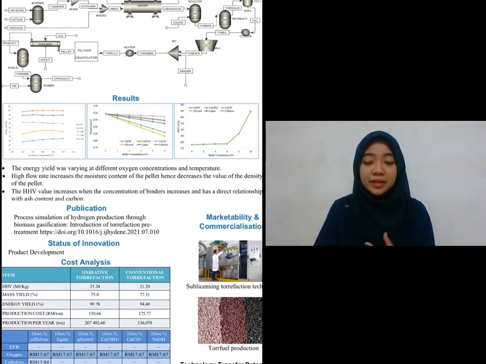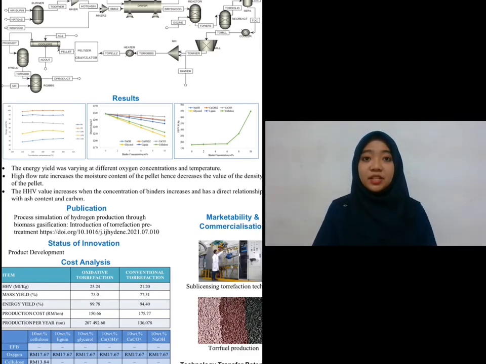Pellet with calcium carbonate has the lowest volume flow rate at 10%, but the highest value of density among all of the binder at 2%. It can be deduced that as the volume flow rate increases, the density of the pellet decreases. This is because a high flow rate increases the moisture content of the pellet, hence decreases the value of the density of the pellet mixed with glycerol binder and increases the density of the pellet with calcium carbonate binder. This is owing to the fact that the binder is very soluble in water, making it simple to absorb